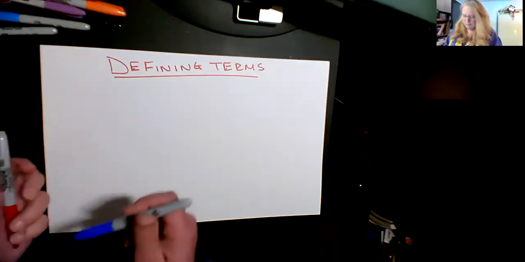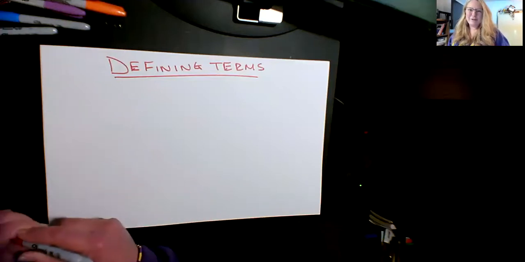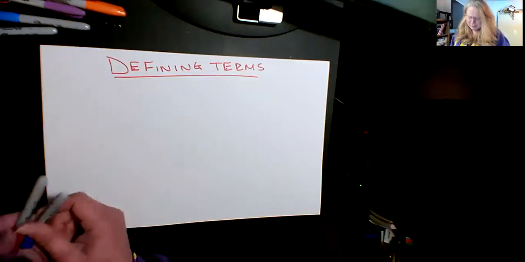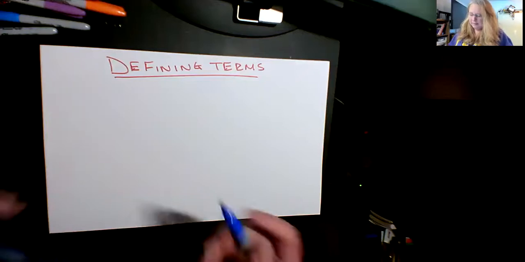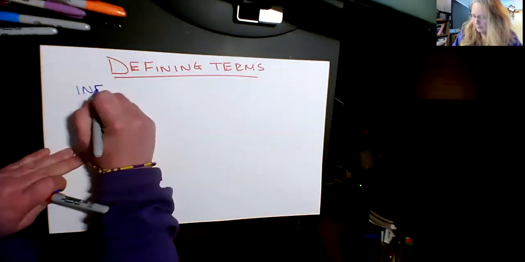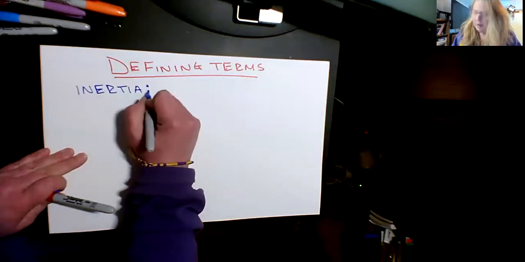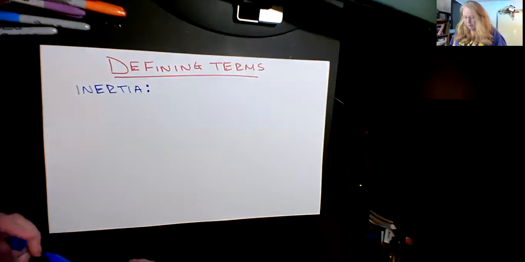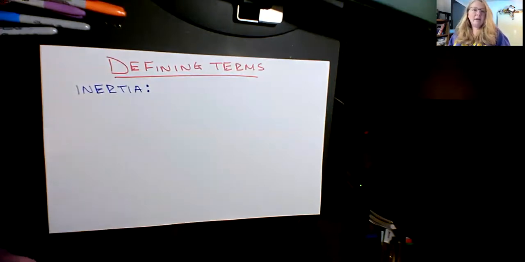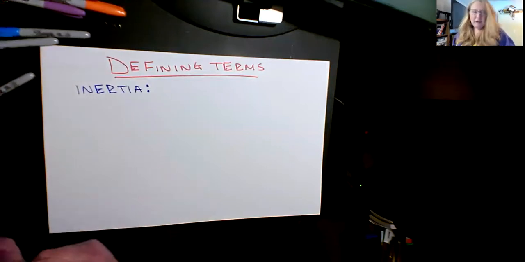Let's define some terms, because that's going to help us communicate better as we start learning some of the physics. There's a few terms to learn. The first one is this thing called inertia. We're not going to do a whole lot with this until we get to things rotating, but we can define it, because you'll see it in your textbook, as